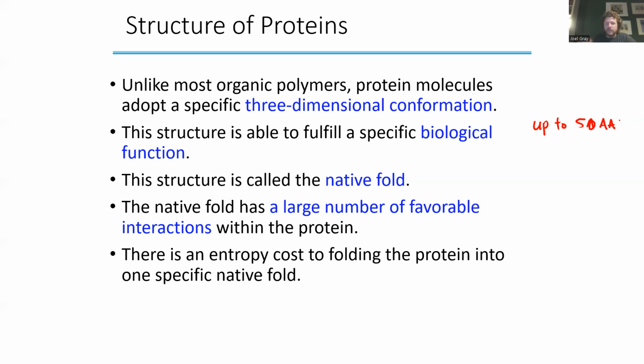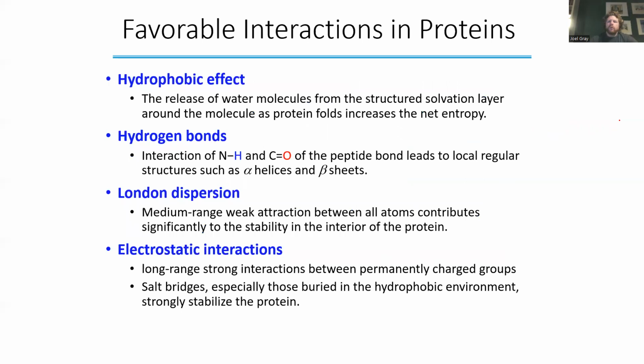Now, there's an entropy cost of folding a protein into one specific fold, into one specific shape. So I just alluded to specific favorable interactions in proteins, but in a more general sense, what are some favorable interactions within proteins? You've got the hydrophobic effect, where you're going to basically have groups that get together, and in the process, they're going to force water away from them. And whenever you have that take place,